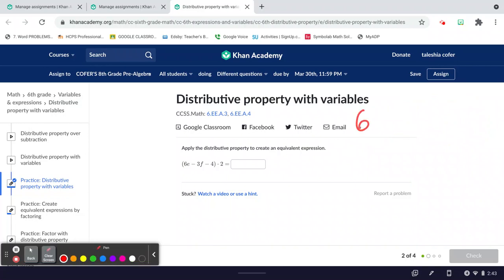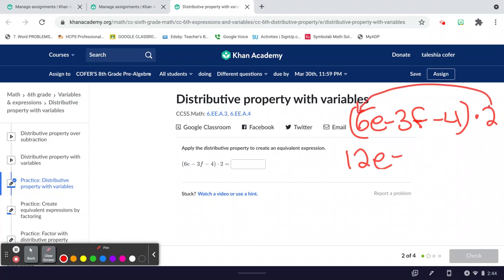I have 6e minus 3f minus 4, and they want me to multiply this thing times 2. 2 times 6 is 12, and I put my e back. I bring down my negative sign. 2 times 3 is 6. I put my f back. I bring down my negative sign. 2 times 4 is 8. So I know that my answer is